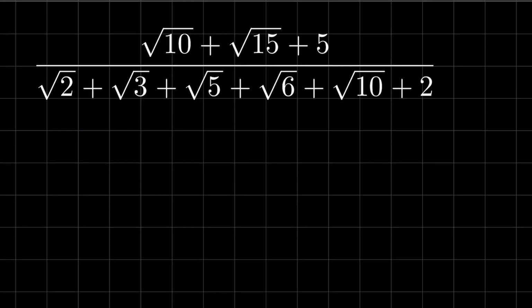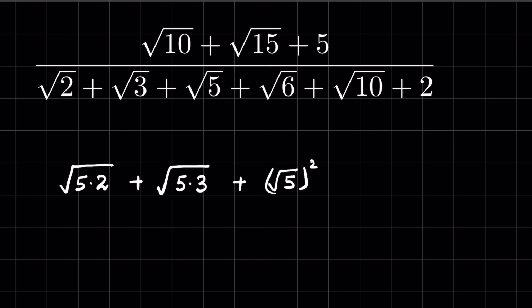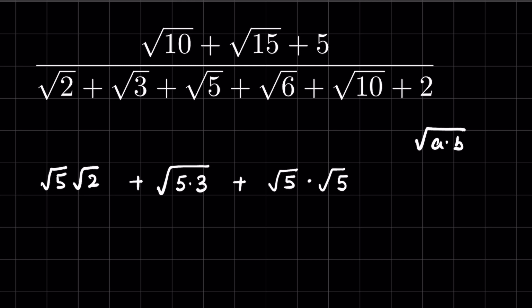Now square root of 10, we can write it as square root of 5 times 2 under square root, plus 15 as square root of 5 times 3 under square root, plus 5 we can write it as square root of 5 times square root of 5. Square root of 5 times 2 under square root, we can also write as square root of 5 times square root of 2, because square root of a times b, we can write as square root of a times square root of b. So reducing one step, we can write it as square root of 5 times square root of 3,